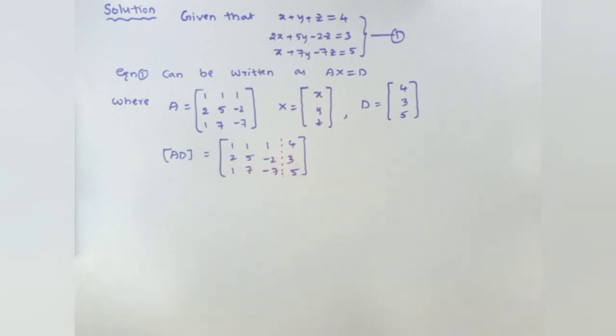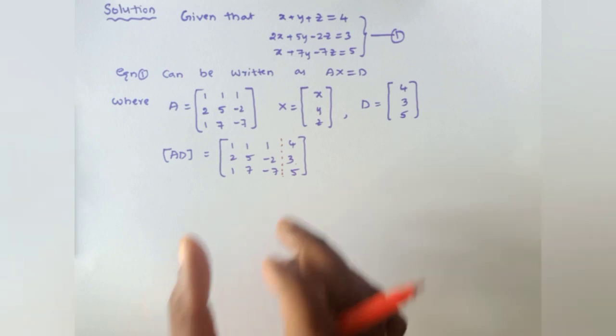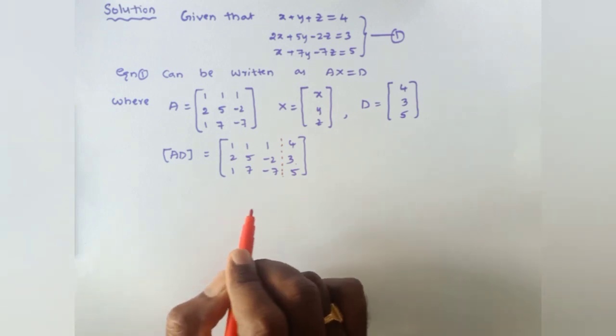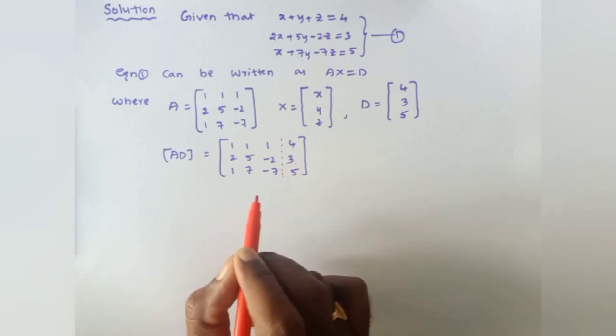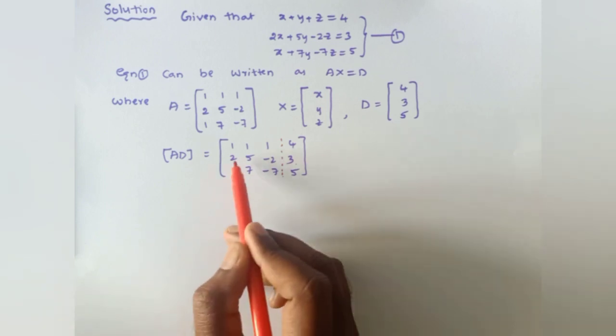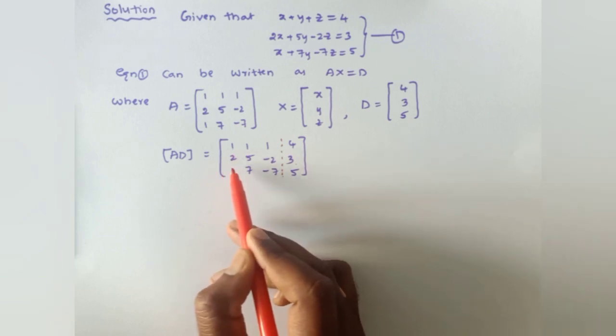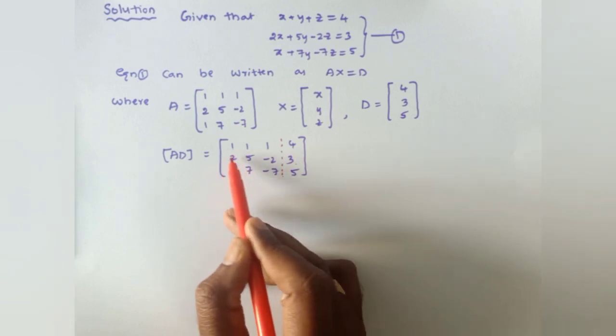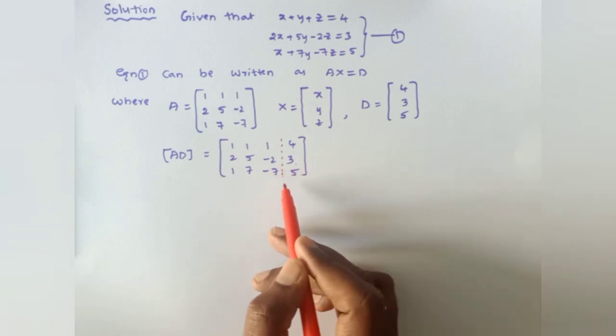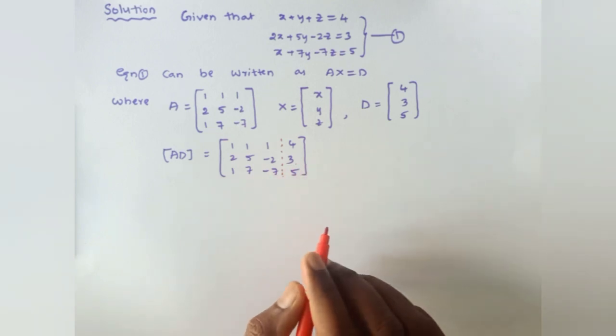By using this augmented matrix, you need to say whether the system is consistent or inconsistent using the concept of rank. You know there are two methods to find the rank of a given matrix. Now here, try to find the rank of this matrix using elementary transformations. Elementary transformation means try to make these elements 0, so that we can express this equation in terms of x, y, z easily.